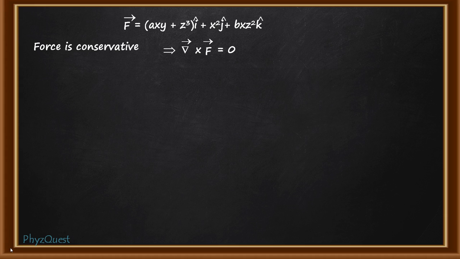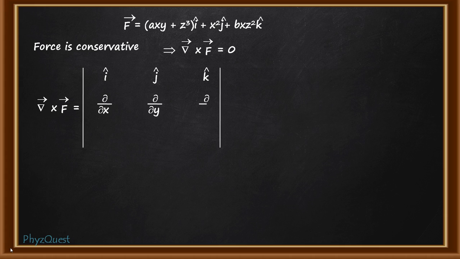So the curl of the force in terms of determinant will be equal to the determinant with rows i cap, j cap, k cap; del by del x, del by del y, del by del z; axy plus z cube, x square, bx z square. In this format you have to write it down, and then when you solve this